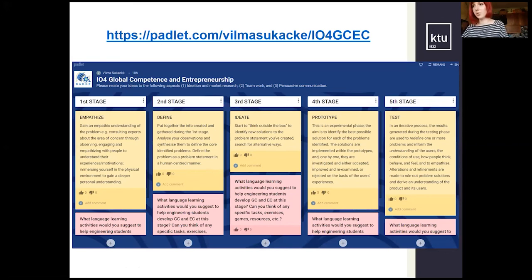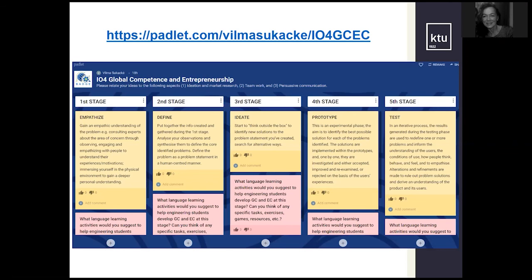Of course, this Padlet will be open for you. If you have time and energy and ideas that you would like to share with us and contribute, you're most welcome to add them at any point of today, tomorrow, or even later. We would greatly appreciate it. We have a meeting on Monday, so we will be looking at your input as well.